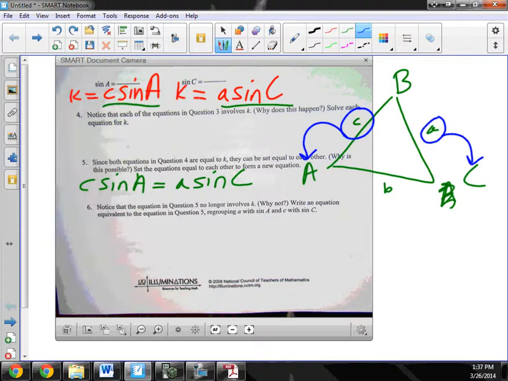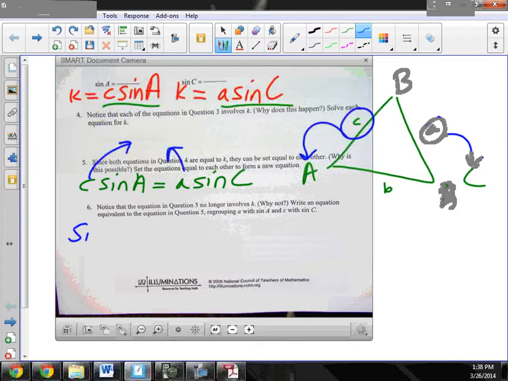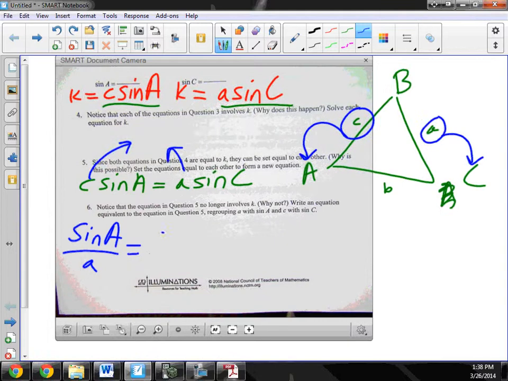Let's get all of our a's on one side of the equation and all of the c's on the other side. So how could I move this a to the other side? Divide. How could I move this c to the other side? Divide. So I get the sine of A over A is equal to the sine of C over C,